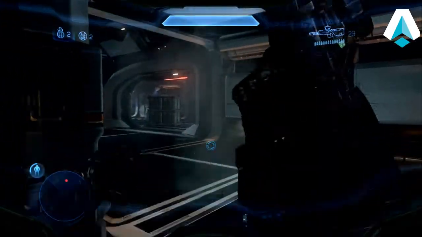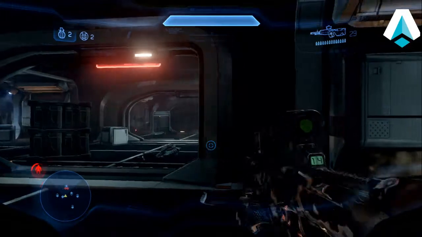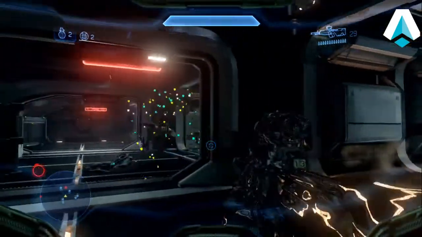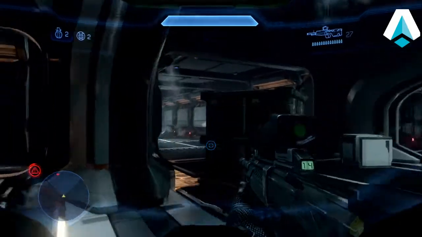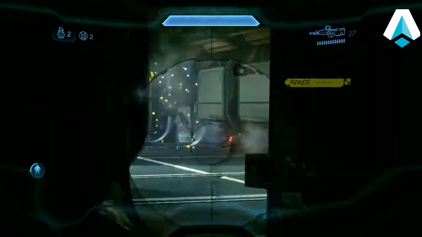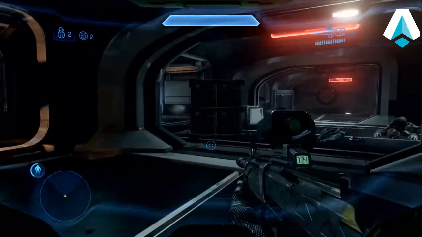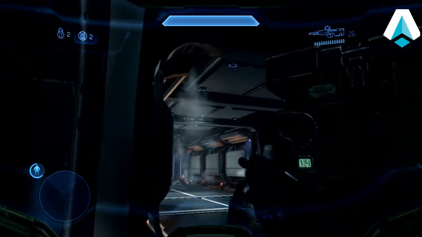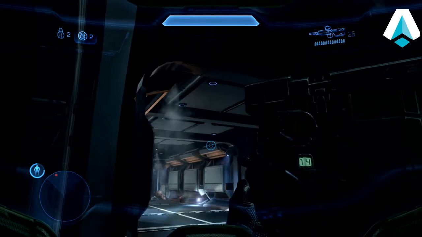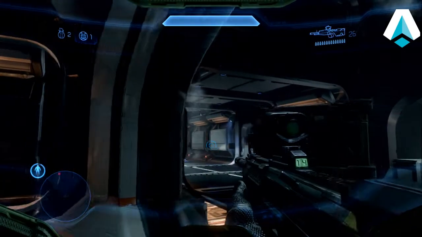There's a jackal marksman right outside the door, take care of him. Go camo. There's 2 grunts by the door. Take care of those 2. Now we've got 2 grunts and an elite down the end of the corridor here. One of the grunts is on a plasma turret, and I want to get him off the turret. And I do that by throwing a plasma grenade, bounce it off the wall there, and that will get him